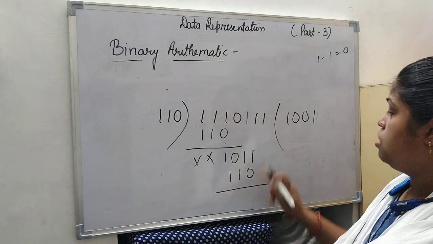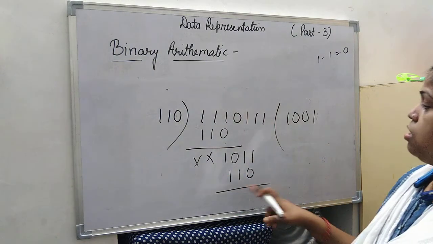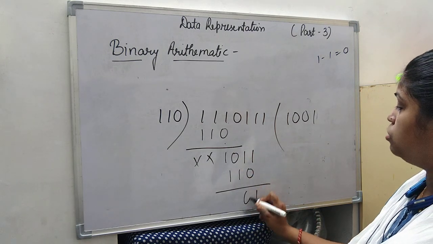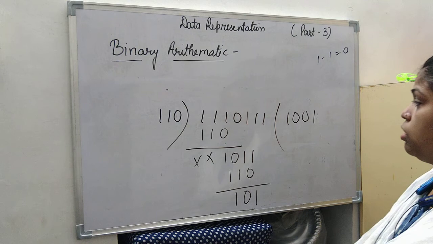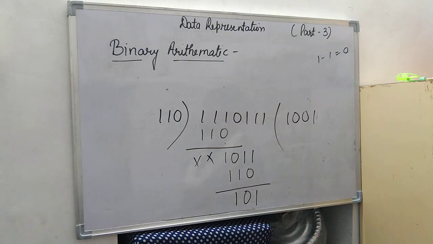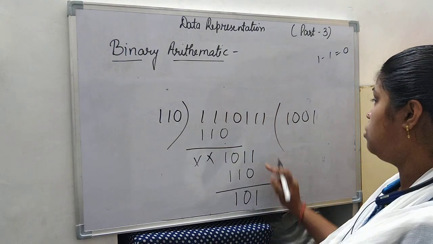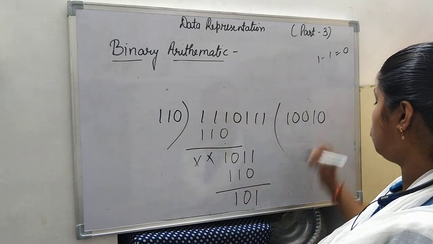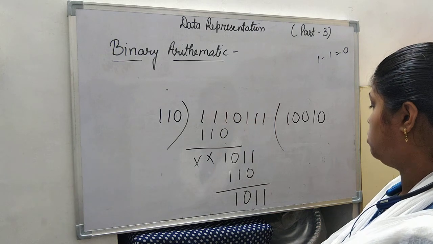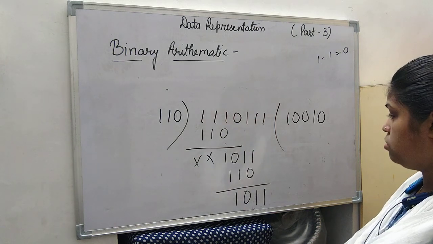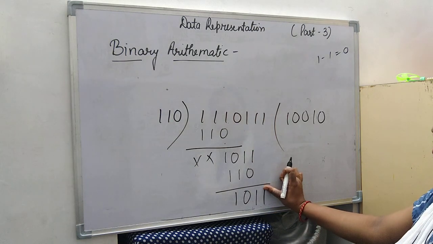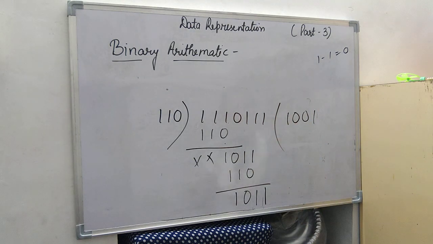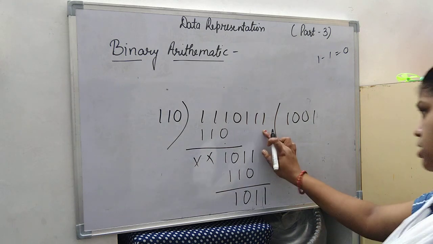So now we will subtract it. 1 times 1, 1 minus 0 will be 1, 1 into 1, 1 minus 1 will be 0, and 10 minus 1 will be 1. Again we are having 1 0 1. So what we will do, in the same way we will take another 0 and we will take this 1. Okay, no need to take a 0, just put a 1 over here. Now this is the last one I think.